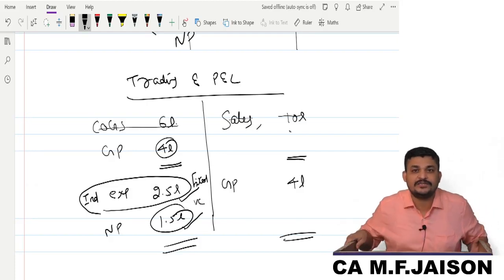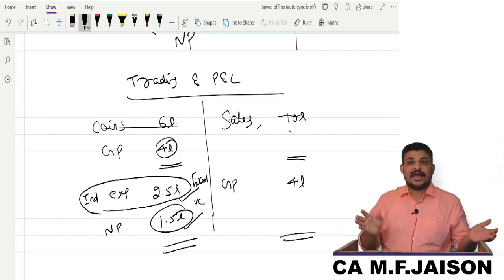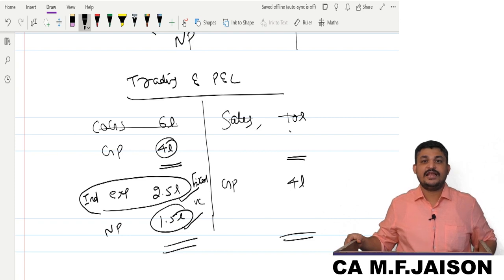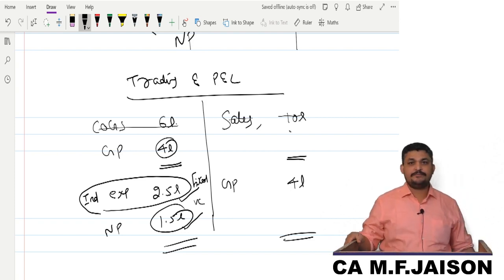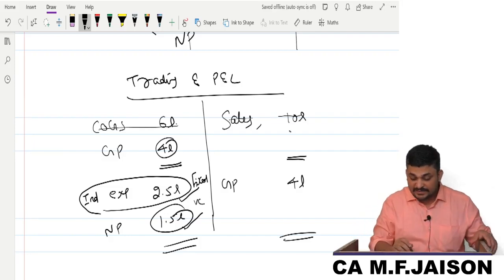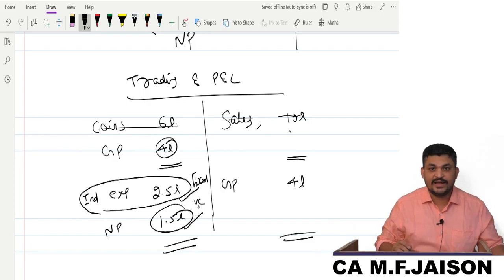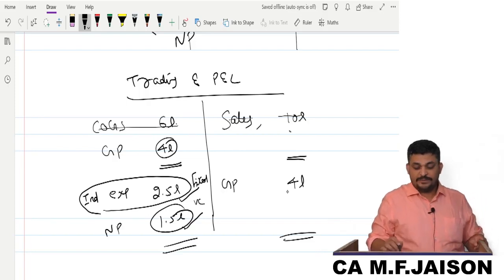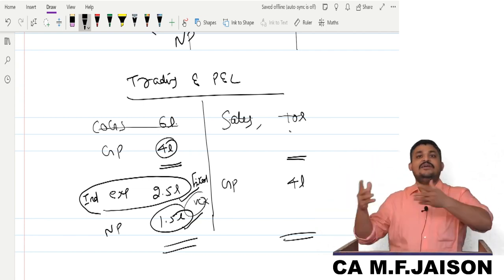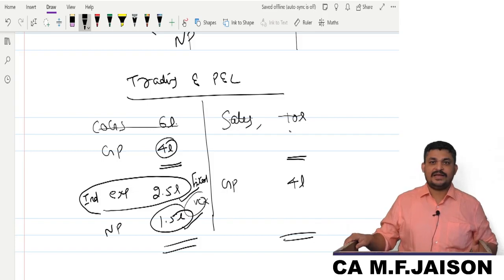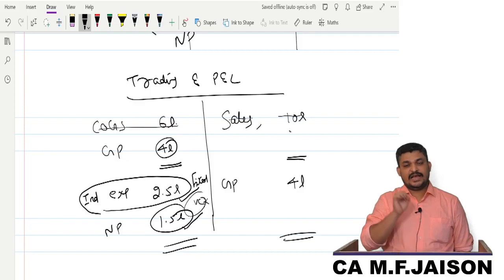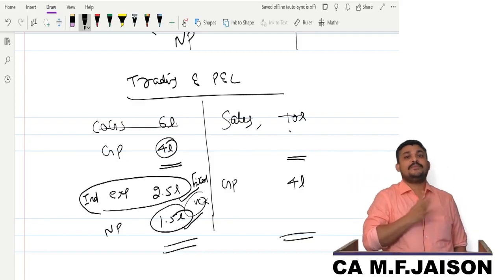Though in this problem, there will be some variable cost also. P&L can also have variable cost, say carriage outwards, salesman commission. Where will salesman commission come, trading account or P&L account? Salesman commission will come in P&L. So you understand that there are certain variable expenses also. I don't expect those variable expenses to be compensated. Why? Because if there is no business, I am not going to incur that expenditure. Variable cost I incur only if I do business. So I don't expect the insurance company to compensate me for variable cost. I expect them to compensate me only fixed cost and my profit.